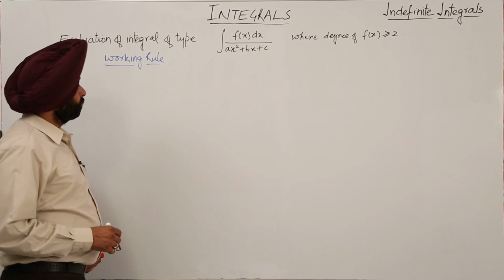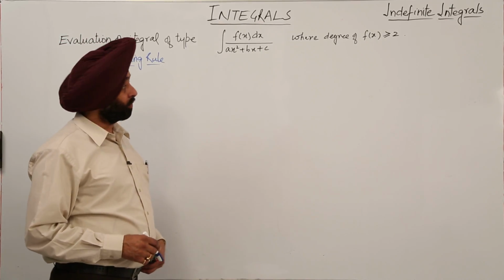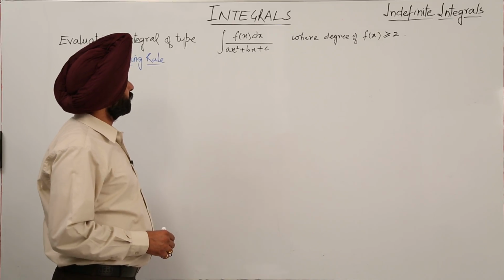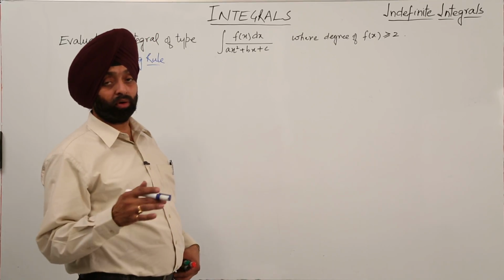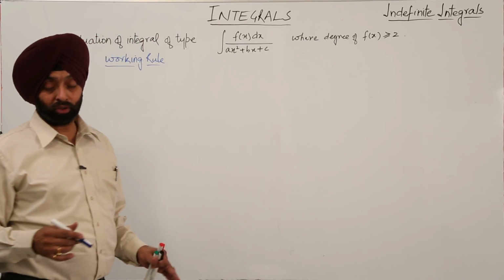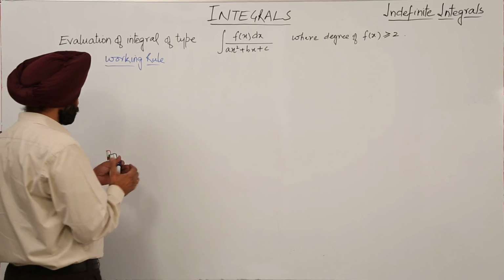How to evaluate if the question is in the form f(x) dx upon ax square plus bx plus c, where the degree of f(x) is 2 or greater than 2. Now what are the working rules? Let's write it. Now step number 1,